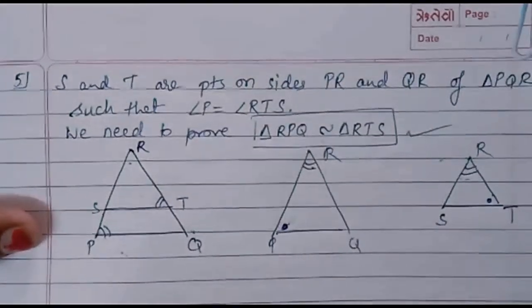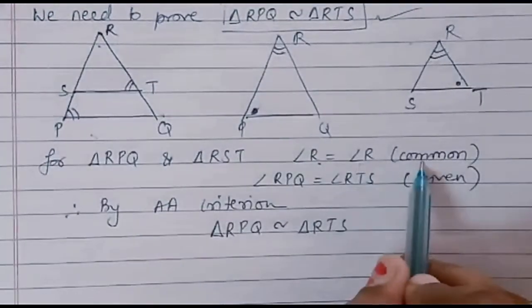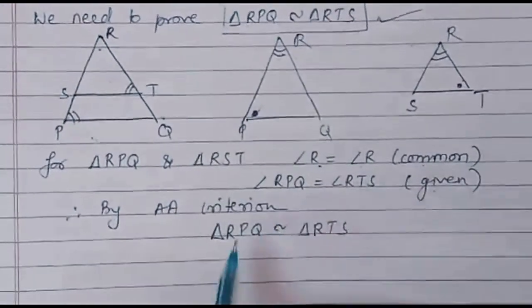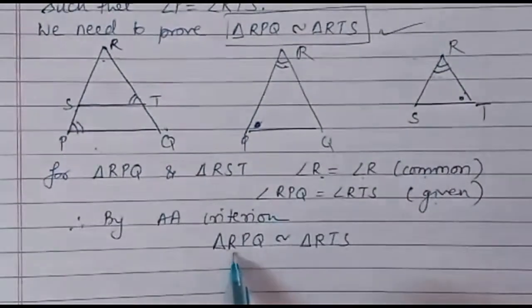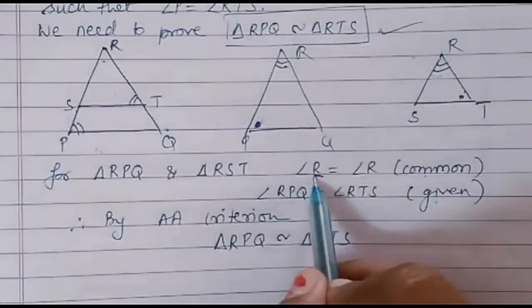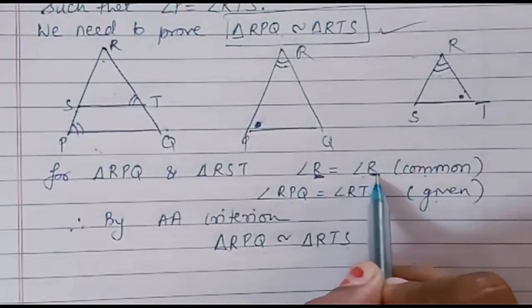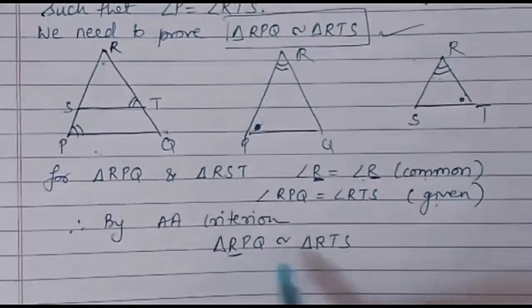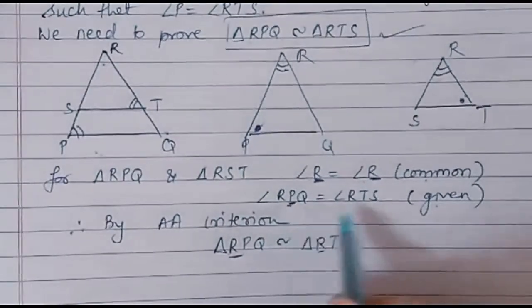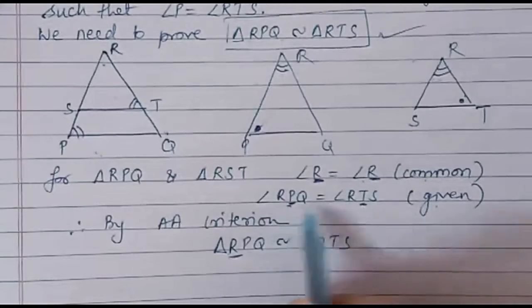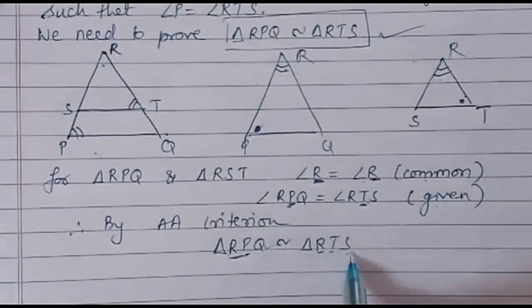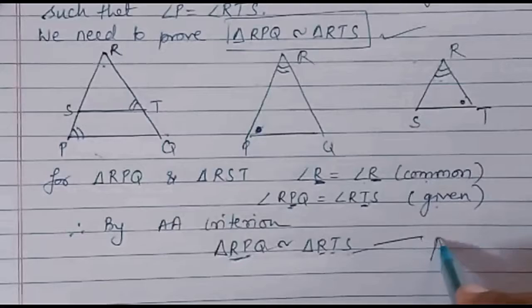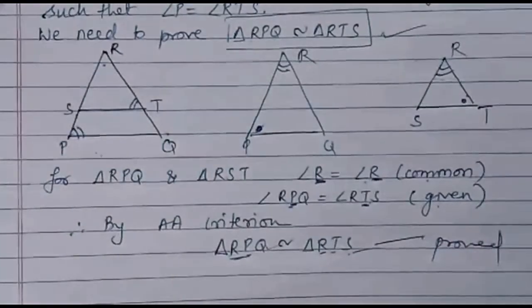So let us write. So I have written the same, angle R is common angle, and this is given. You should know how to write the correspondence. First I have written just triangle RPQ. We know R is corresponding angle to R of the second triangle. So R is with R. P is with T. See the middle letter here. So obviously Q is left out with S, and hence the result is proved.